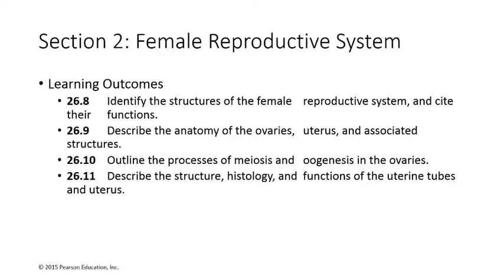So you'll be going through these two sections on your own, the basic reproductive structures and the anatomy of the ovaries, the uterus, and the associated structures. And I'll pick up with meiosis. Now keep in mind, meiosis, this is the same process that makes sperm. However, there's a little bit of a difference here. So we'll talk about the differences in oogenesis,